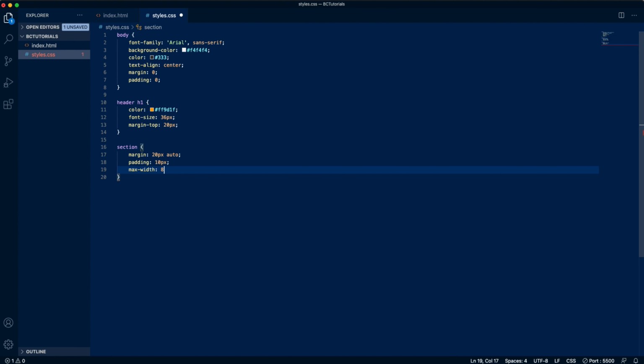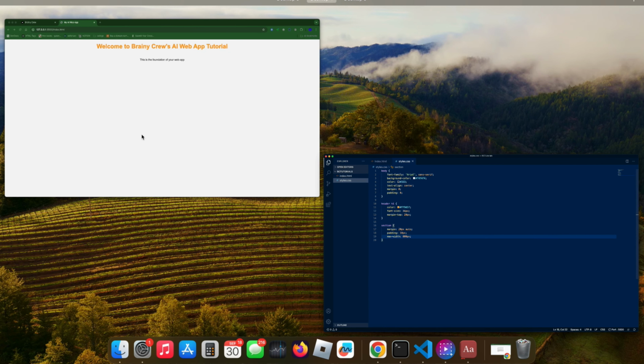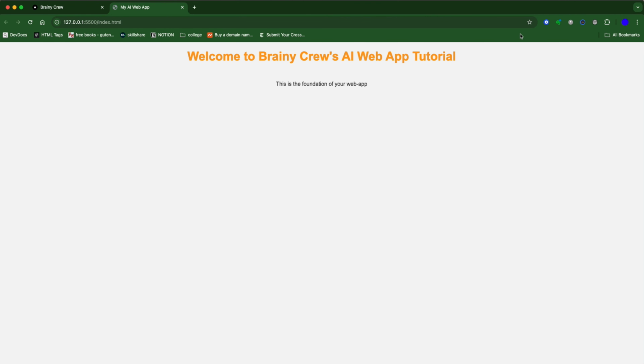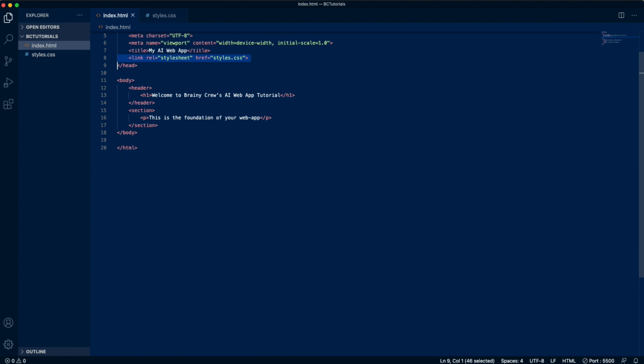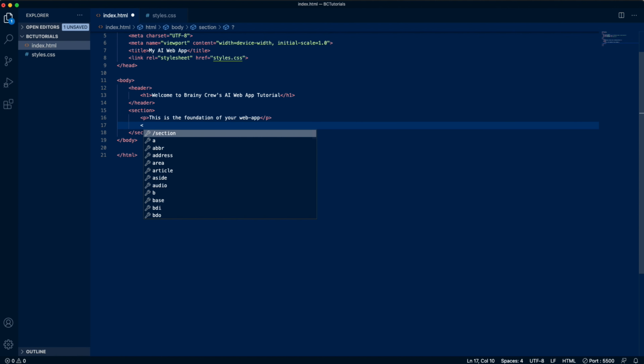Next one. And if we go here, we'll see that the amount of padding and margin definitely changed how far it is from the H1. So now if we go back to our index.html, let's add a little box. So inside, right below the P section actually, while in the section, let's make a div